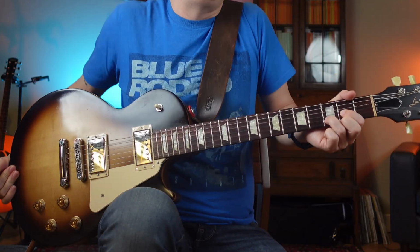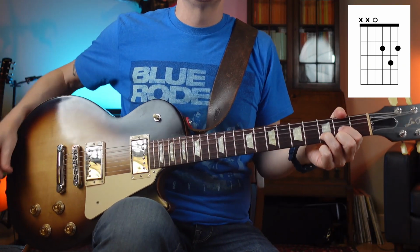Start with just a cowboy D. Why not? Why not just start with the easy? Sometimes we can start with the obvious, and then we can get crazier from there. We want to build up the energy of a song anyway. So we could do D. Then let's do, instead of just doing cowboy G,